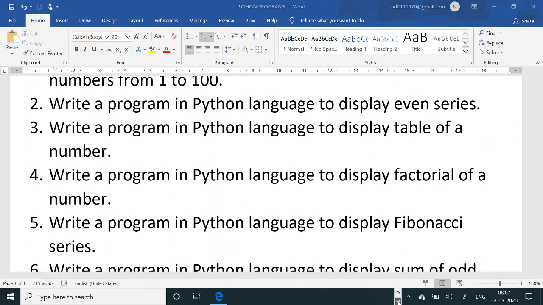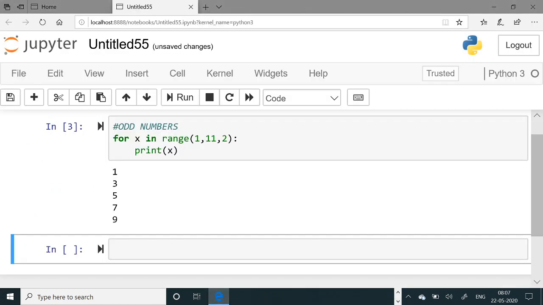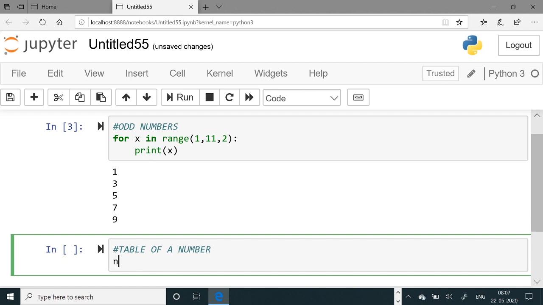So for the table, you have to take a number from the user. Let us write the program. Table of a number, table of any number which the user wants. So you have to ask the user to enter the number.